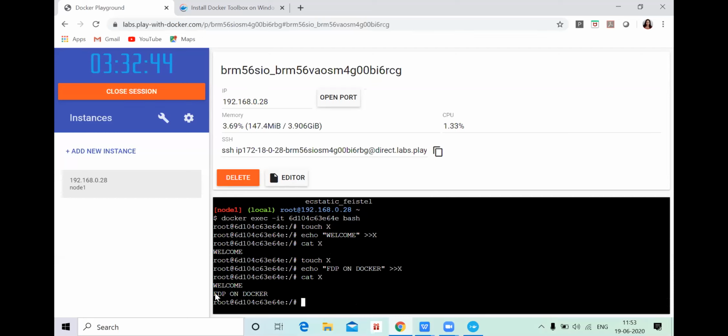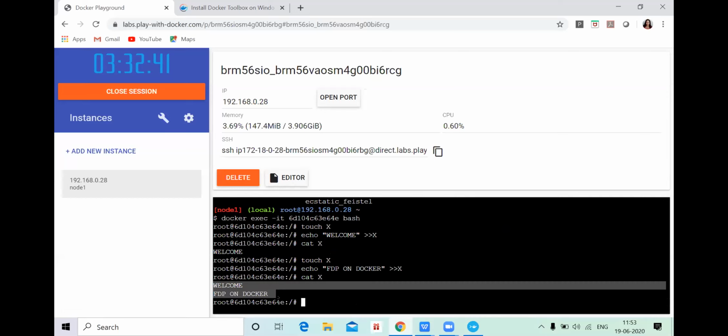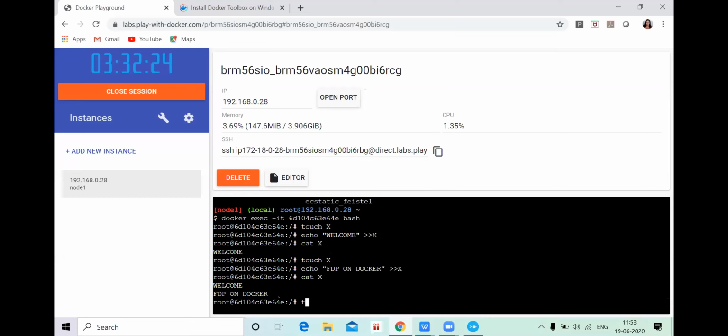Can you see now? You are going to see both outputs which have been inserted inside your file X. That is the welcome which was inserted the first time, and FDP on Docker which was inserted the second time.